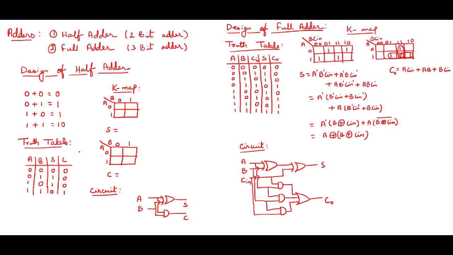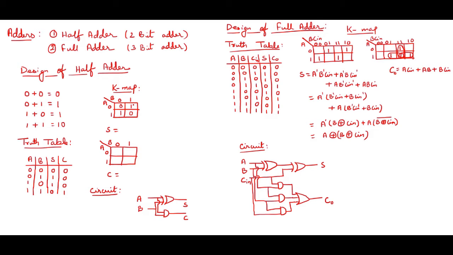So what is a K-map? By this time you know very clearly, and if you don't know please refer to my earlier videos. So what I'm going to do is put the values of S in this two variable K-map which I have taken already. So S is 1 for 01, and S is 1 for 10, so S is 1 over here, and the rest is 0. So you can see there is no possibility of pairing.